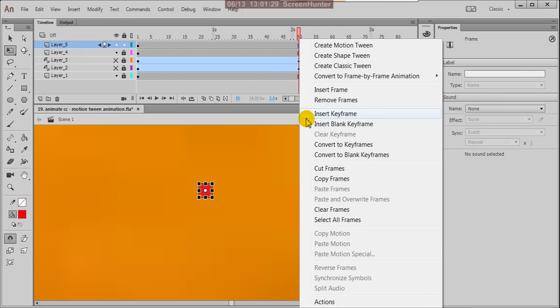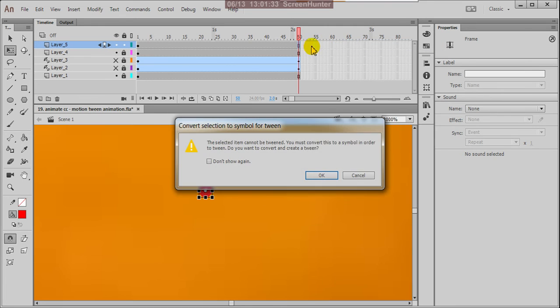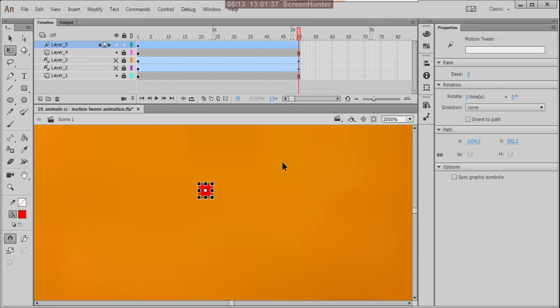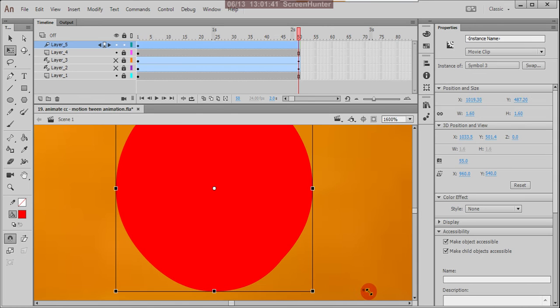Now the other side. Create motion twin and it asks for the symbol as usual. Now you can make it bigger.